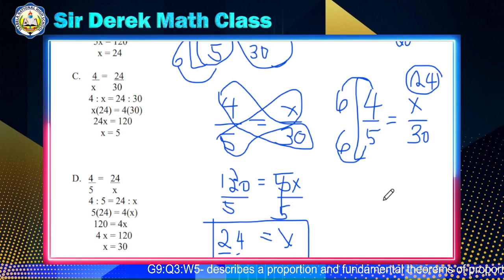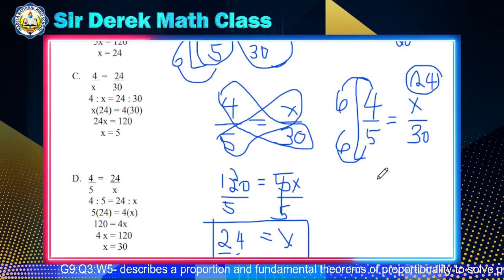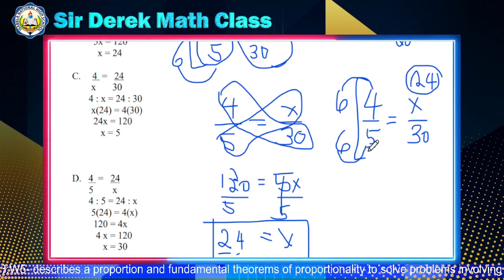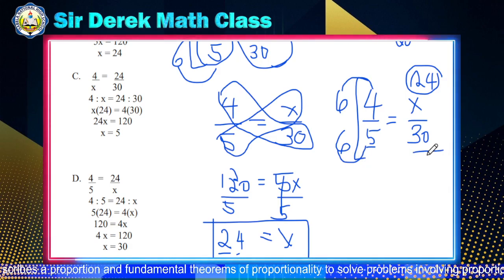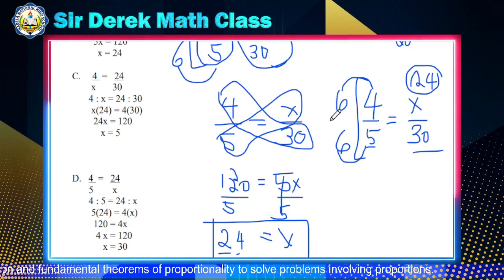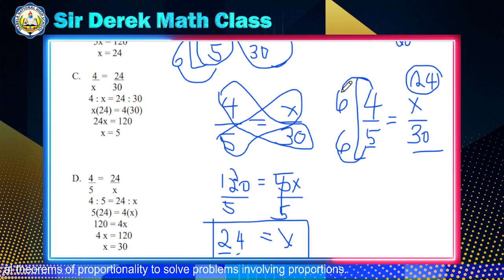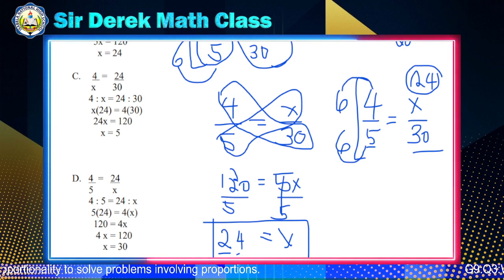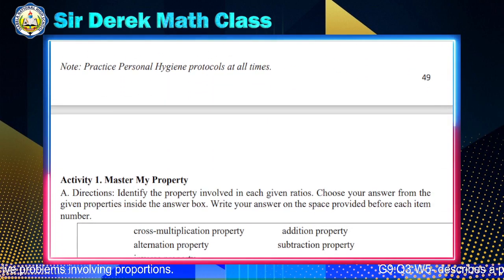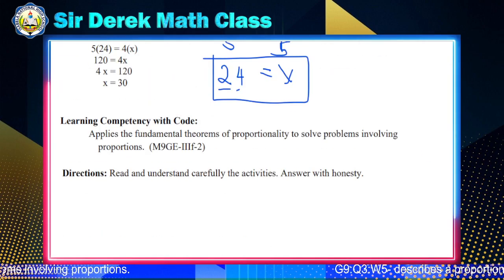In our way, in solving for the missing part, is just here. Ito. What number that if we multiplied by 5, we will get 30. The number is 6. 6 times 5 is 30. Consistency ulit. Kung ano yung multiply mo sa denominator, yun din ang multiply sa numerator. So, 6 times 4, that is 24. Alright? So, I guess you can now find the missing part of the given